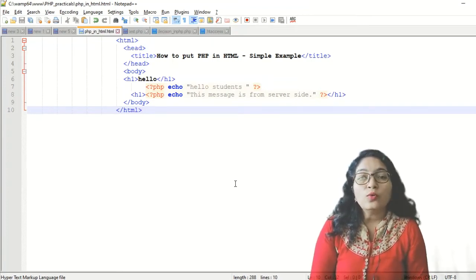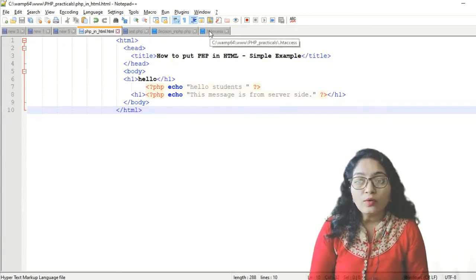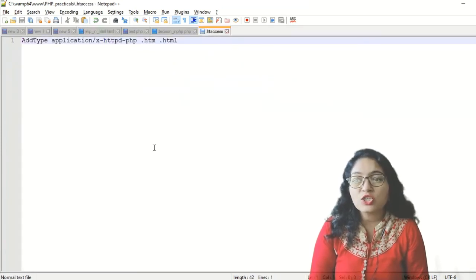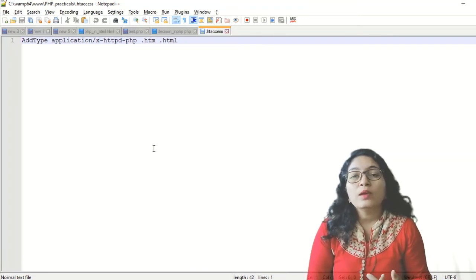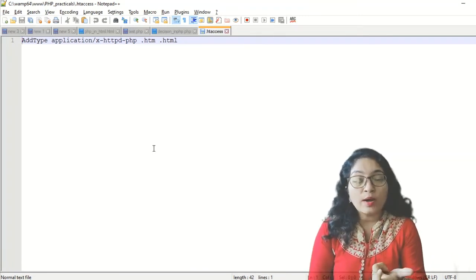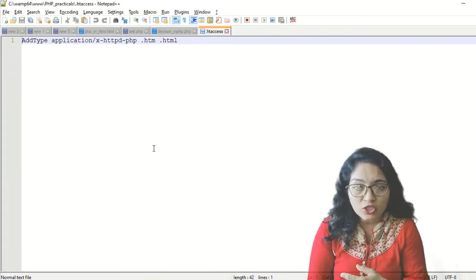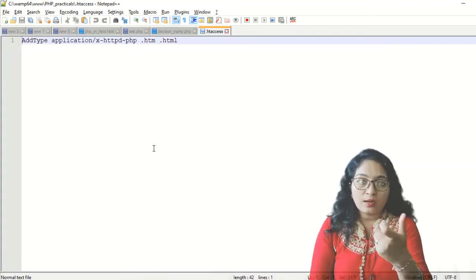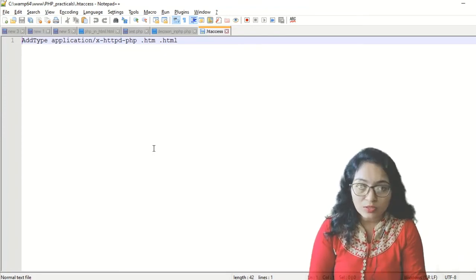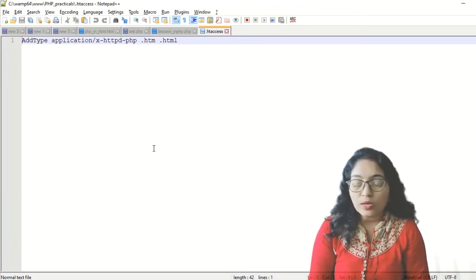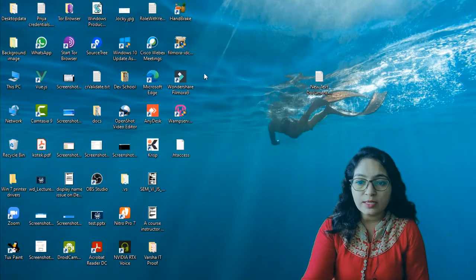You have to make one .htaccess file. How are you able to make this file? You have to create one text document which you have to save as .htaccess. Okay, and for the file type, you have to select all files. Okay, so in this way, let's see.